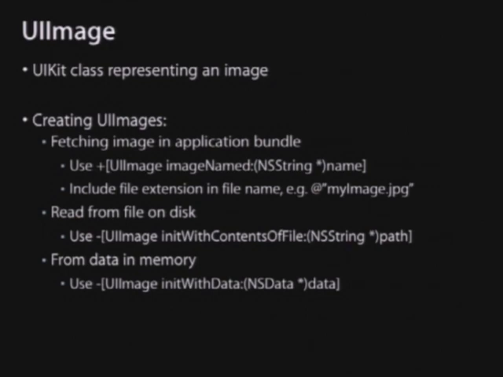If the UIImage is included as a resource in your application, and this is probably the most common use unless you're doing some kind of network-based application, and you want to draw something that's in a resource, you use imageNamed. UIImage has a class method, imageNamed, and then an NSString that specifies the name of the file in your bundle. This includes the extension. So if I have myimage.jpg inside of my bundle, this will create a UIImage for that, and then you can pass it around and do what you want. It does some caching as well, so that's pretty handy.